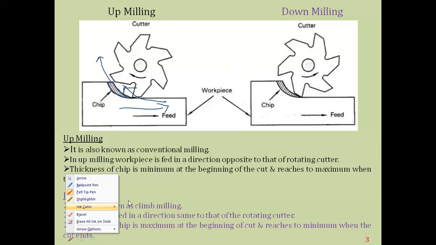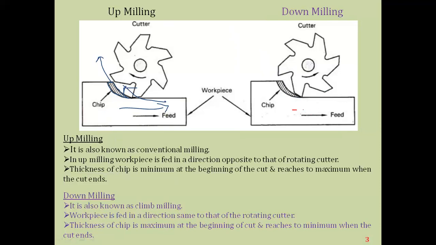Similarly, if we discuss the down milling, it is also known by another name, climb milling. Here the direction of the workpiece as well as the direction of the cutting tool are in the same direction, which means the force is applied here in the downward manner, and the maximum material removal rate starts from the beginning and decreases to a minimum value. So automatically at the bottom we have a lower material removal rate, and the coolant can easily take away the chips such that we can reduce the friction developed here. These are some points regarding the up milling and down milling process.